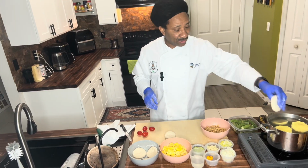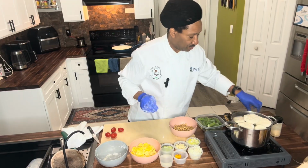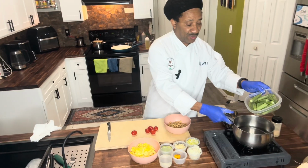now, guys, we're gonna drop the dumplings in the pot. So now that our dumplings are in the pot, the next thing we're gonna do